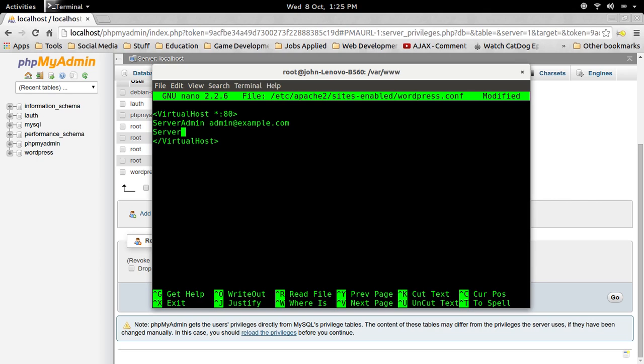We'll need to give it a server name, which I'm going to call WordPress, and we'll give it a server alias because we can set an alias in here. I'm going to call it www.wordpress, so we can go to either or, and we'll give it a document root, which is going to be /var/www/wordpress/public_html,